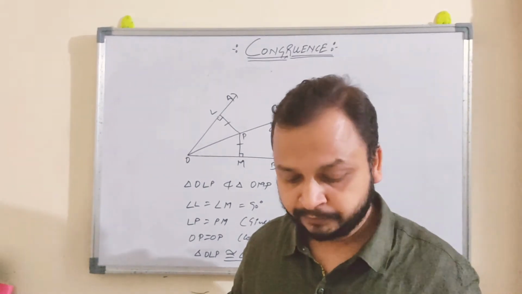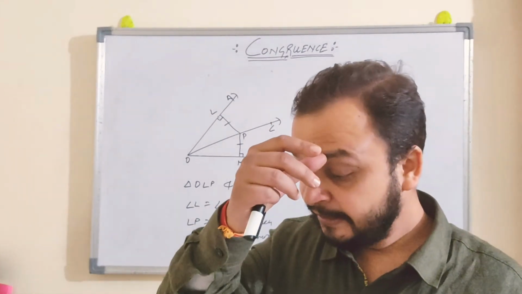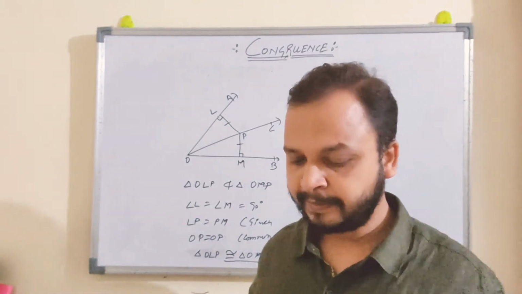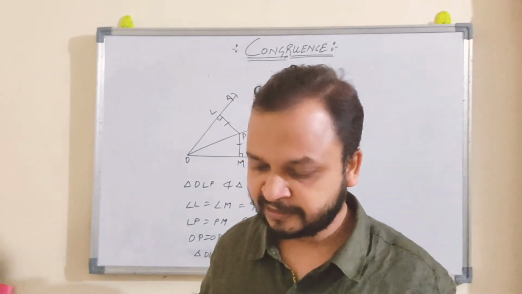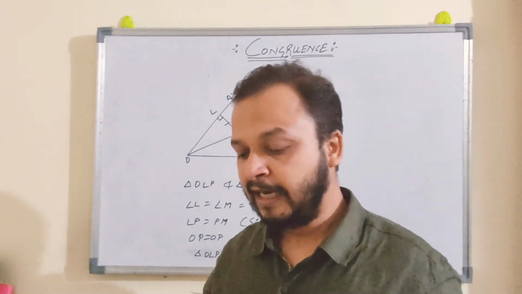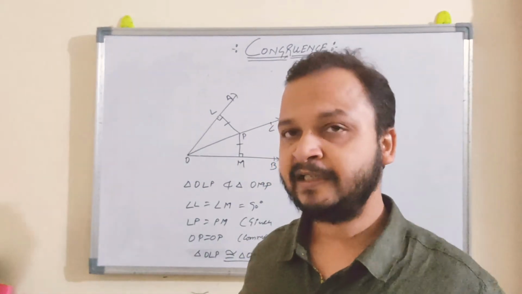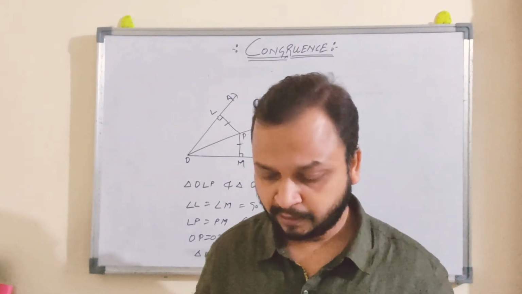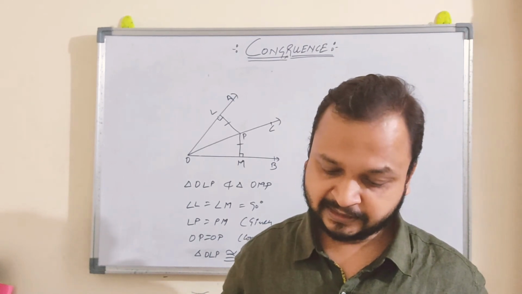In figure 2, in question number 4, they were asking AD is equal to BC. Actually they have given the parallelogram and AD is also parallel to BC. If AB is equal to DC, give the reason in support of your answer. So what you have to do is prove that these two triangles are congruent. If you prove it, then you can say that all the other sides are equal.